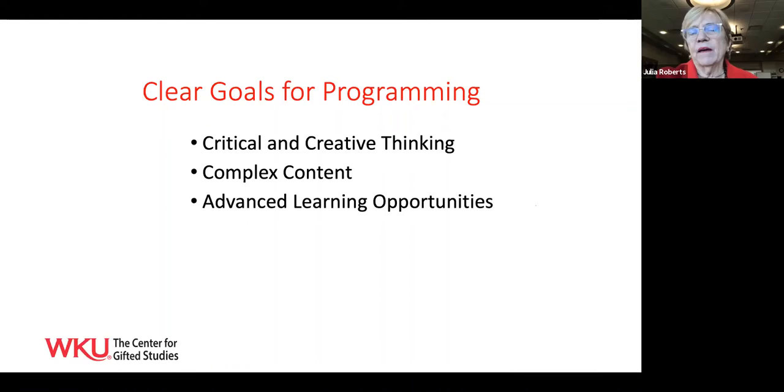And the other clear goal for gifted programming is to have advanced